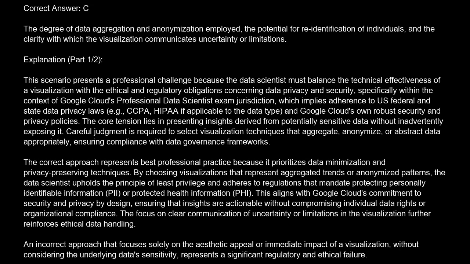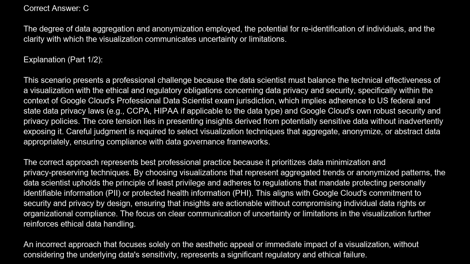The correct answer is C, the degree of data aggregation and anonymization employed, the potential for re-identification of individuals, and the clarity with which the visualization communicates uncertainty or limitations. Explanation. This scenario presents a professional challenge because the data scientist must balance the technical effectiveness of a visualization with the ethical and regulatory obligations concerning data privacy and security, specifically within the context of Google Cloud's professional data scientist exam